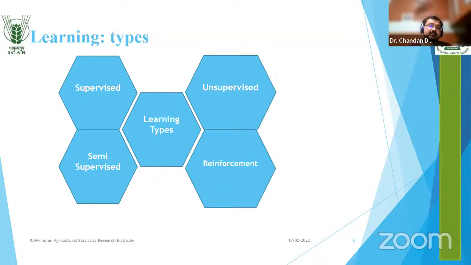Some of the objects are labeled, and other objects are not labeled, and this type of learning is semi-supervised. And recently, another type of learning is also getting popular day by day. That is self-supervised learning. We only need to give the data to the machine, and some kind of specialized algorithm will